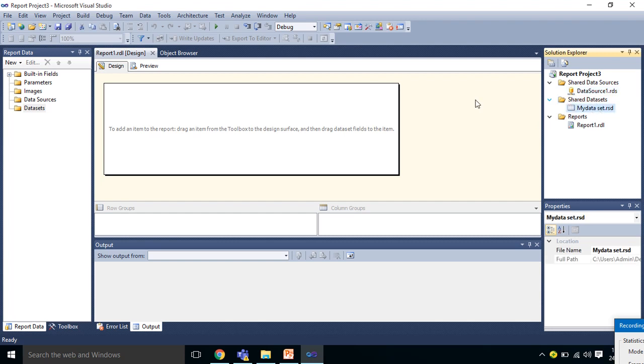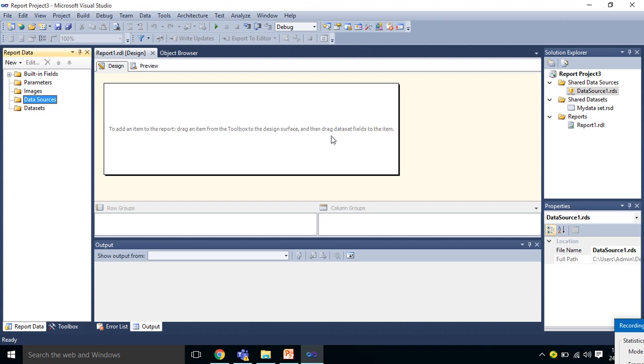The difference between a shared data source and a report level data source is that the shared data source can be accessed across all the reports. Suppose we have 50 reports, and all 50 reports are going to bring the data from the same database. So we can use this shared data source in all our 50 reports.